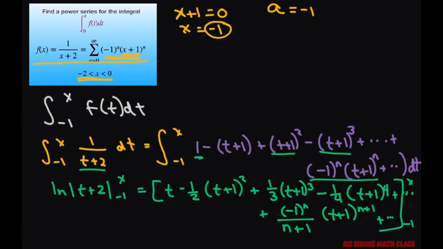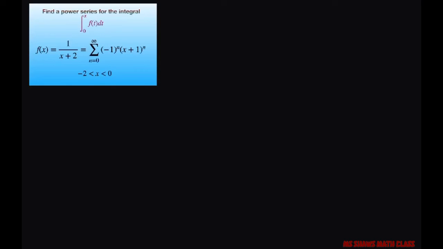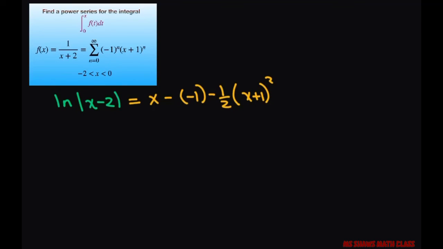All right, so we're evaluating it. Now, let's go ahead and evaluate it. I'm going to substitute in my x and my -1. What we're going to get is ln of x plus 2. When you do the -1, you're going to get minus ln of 1, and that just equals 0. Now for the other side, we're going to get x minus -1, minus 1/2 times (x plus 1) squared, plus 1/3 (x plus 1) cubed, minus 1/4 (x plus 1) to the 4th, plus